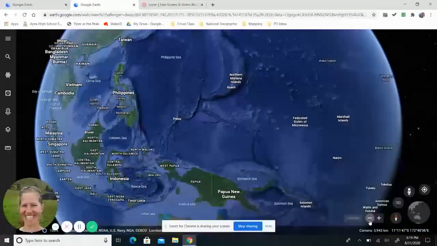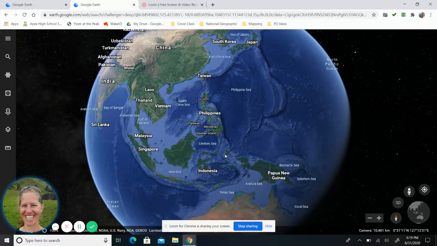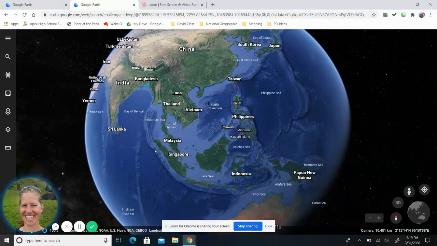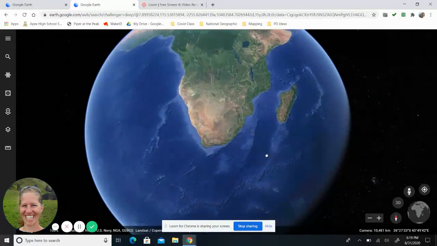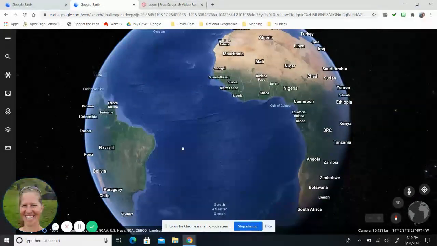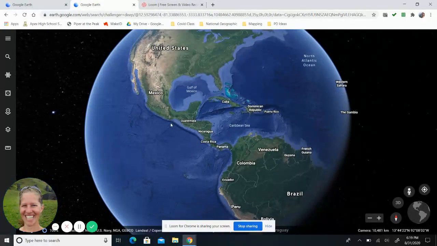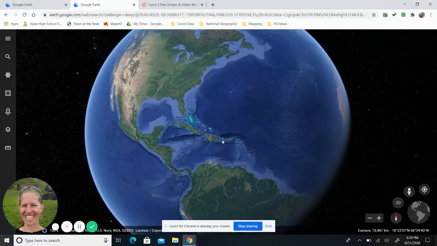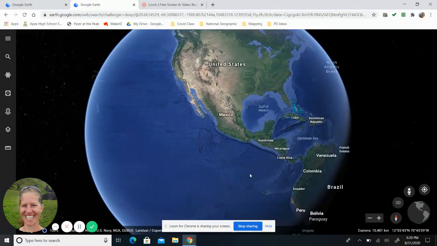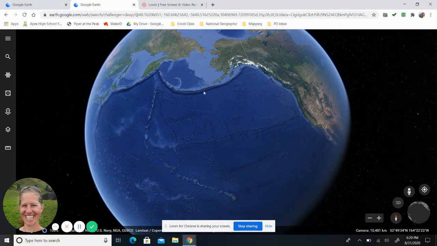And if you zoom around, you can take a look at other areas. So we've got a trench off the coast of the Philippines, off the coast of Indonesia. We have other trenches. Well, we already talked about this one off the coast of South America, but we've got one across Central America. We've got them across the Caribbean. So all different places all over the earth. Off the coast of the Aleutian Islands in Alaska